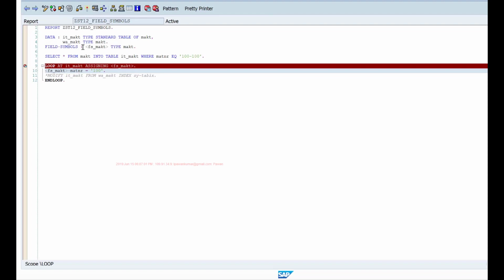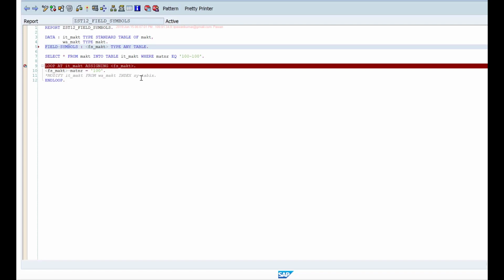Now you can type these field symbols, or you can also define them as type any. If I say type any, that means it will take any field that is assigned. So it could be a structure, it could be a field. If you say type any table, then it can take any internal table that you assign. So for example, if I say type any table, then I can assign my IT MAKT directly to this field symbol. So it will point to the whole internal table. So I can use this field symbol as a